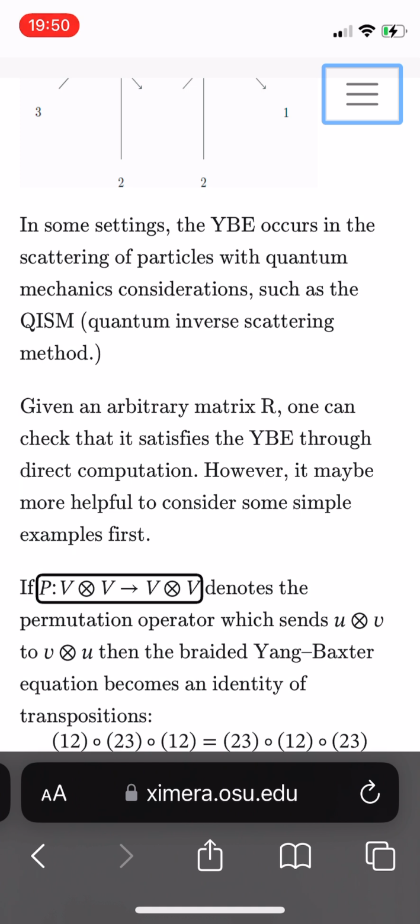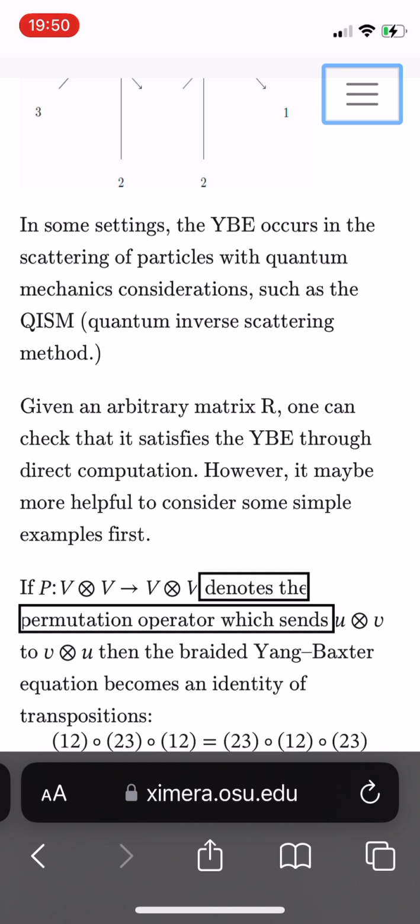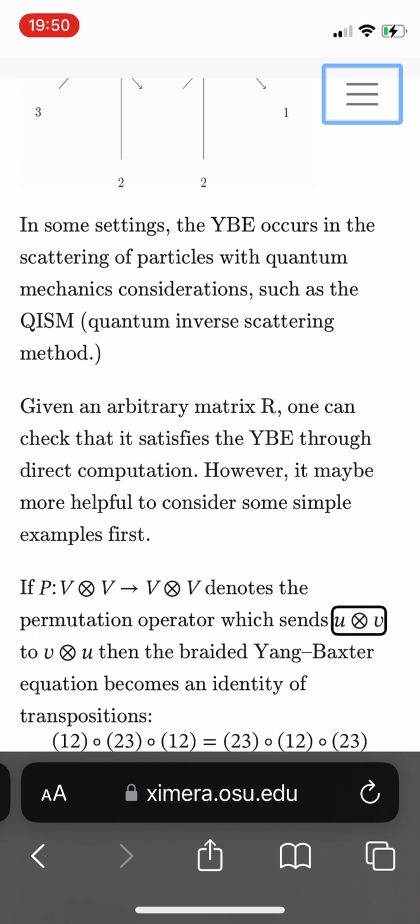If P: V ⊗ V → V ⊗ V denotes the permutation operator which sends U ⊗ V to V ⊗ U,